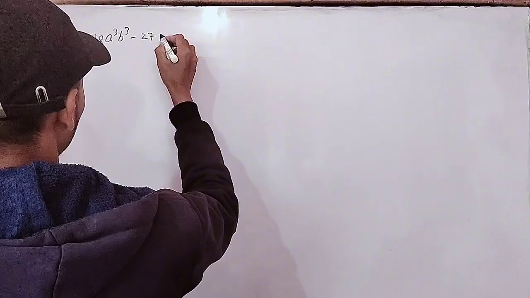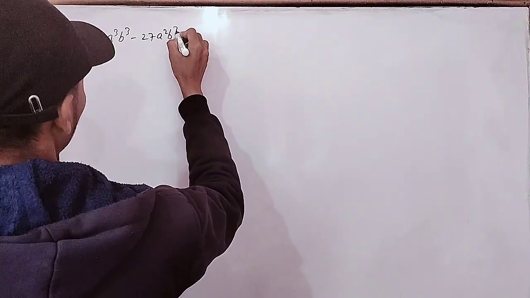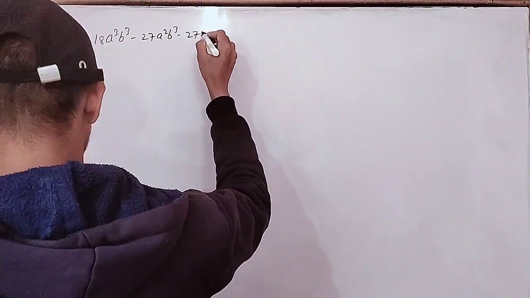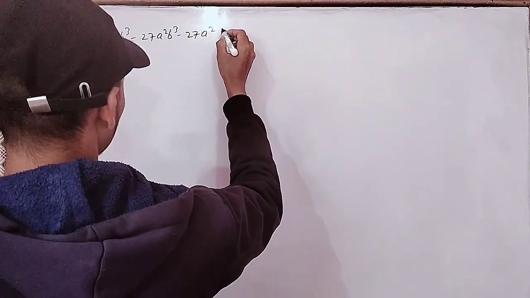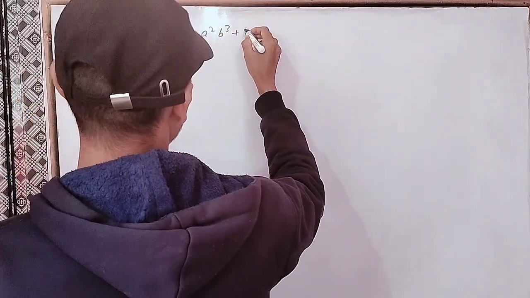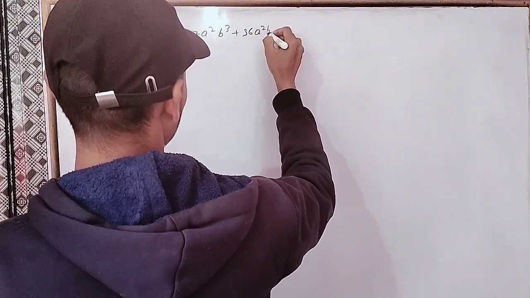Next, we have a question which is a little heavy, okay? Do you want to see? Not just see, you also have to solve it. 18a³b³ − 27a²b³ − 27a²b³ + 36a²b². Now here you can